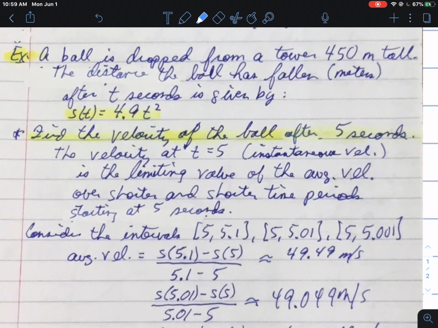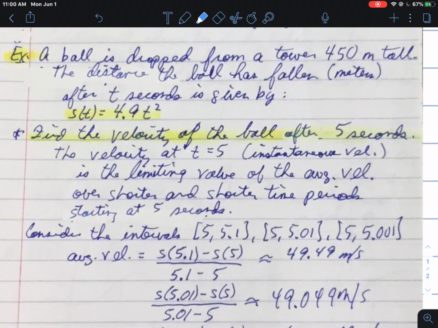We're asked to find the velocity of the ball after 5 seconds. So our velocity at t equals 5, our instantaneous velocity. What is the velocity of that ball at the point where t equals 5 seconds? What we're going to do is similar to what we did with the heartbeats. We can look at the limiting values of the average velocity over shorter and shorter time periods starting at 5 seconds. So like we did with the slope of the tan line to the curve y equals x squared at the point 1, 1, we looked at the slope of the secant lines using x values that were closer